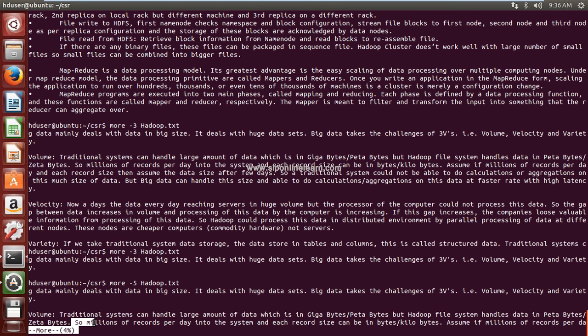So more space minus, you can specify the number of lines. So this is displaying some number of lines from the beginning. Next one, I'll quit from this.